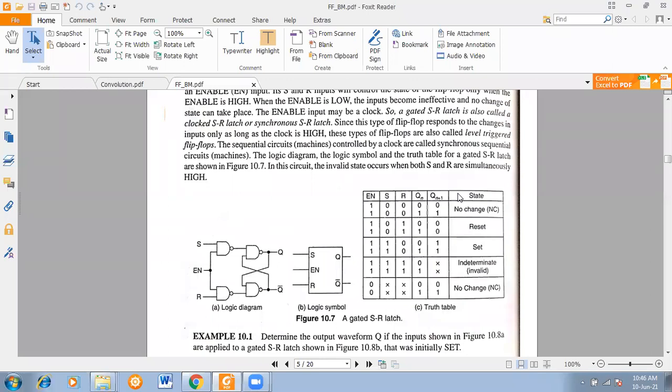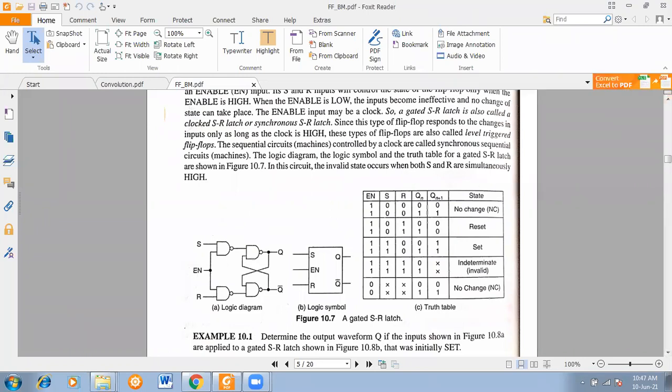The other two combinations are when S is equal to 1 and R is equal to 0, and when S is equal to 0 and R is equal to 1. In both, clock must be present. If S is equal to 0 and R is equal to 1, the output will always be the reset condition. That means the output will always be 0. Present state 0, then next state 0; present state 1, then next state 0. So with clock present, S equal to 0 and R equal to 1 makes the output 0. That is called the reset state, as the output is 0. That's why the name of the state is called